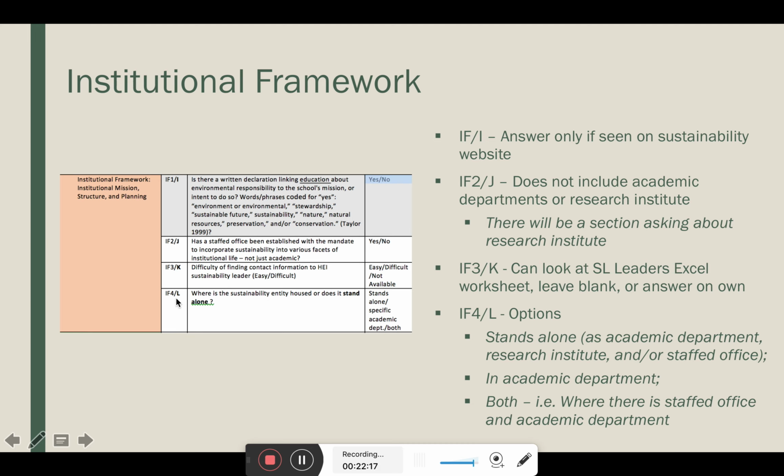Okay, and then IF4L is going to be, where is the sustainability entity housed, or does it stand alone? Okay, so if it is housed in an academic department, and there's going to be people answer in different ways, so just answer in your way. If it stands alone, put that. I've been putting stands alone as